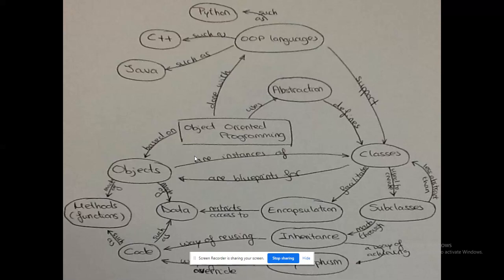For classes, I can create subclasses also. I can reuse the code also. That is what inheritance talks about. Multiple forms of code I can also generate. That is what we do through polymorphism. Only one thing was not mentioned in this mind map regarding OOPS features: objects can communicate with objects also.